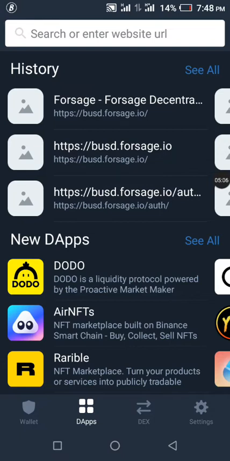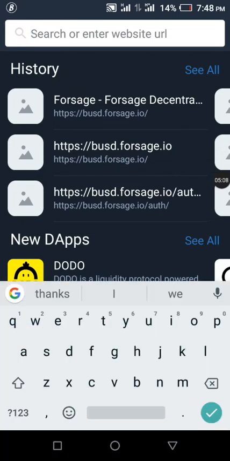You don't paste this link on your Chrome browser or your Firefox or your Safari. It won't work because there is no cryptocurrency wallet like BUSD attached to your Chrome browser. You do this on a wallet that has decentralized apps. The decentralized app is the long form for DApps.